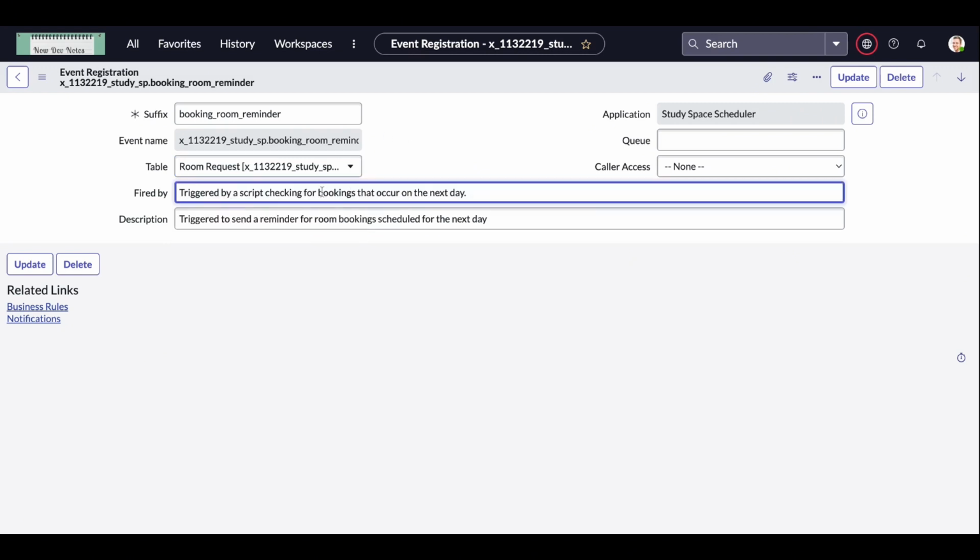And then I just put in information here also in the description, just for organization purposes. And then once you have filled out all of these parts, you will click update. Now that I have my room booking reminder registered, that means the system is ready to recognize this event whenever